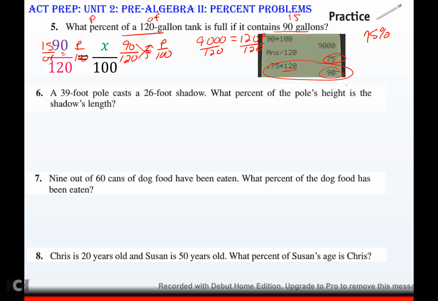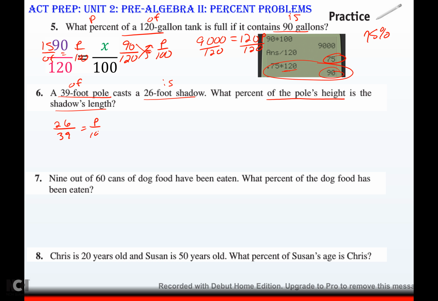6. A 39-foot pole casts a 26-foot shadow. What percent of the pole's height is the shadow's length? So they're telling you "of" is the pole's height, that's your of, 39-foot pole. The shadow's length is your is. So the shadow is your is. So my is over of